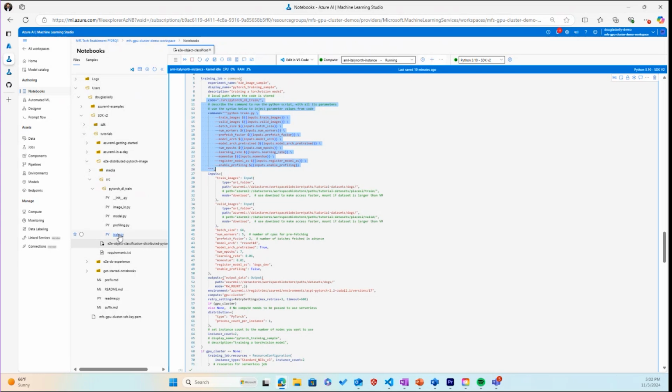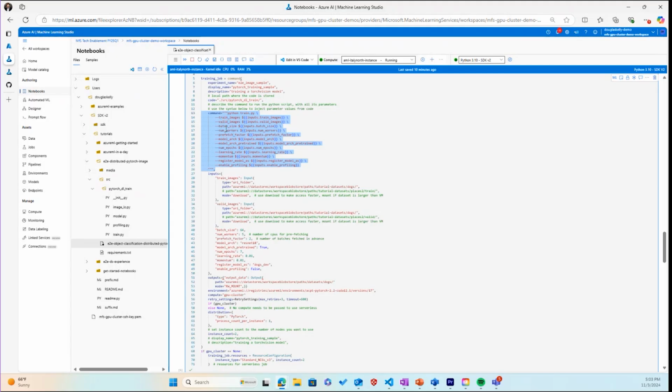So this train.py is what's getting called in this command argument on the Linux operating system of our compute cluster. And just like we would if we're running a script locally, we're specifying command line flags that allow you to change the default behavior of our scripts without modifying the code. In this case, we're pointing at paths to our training and validation data sets, as well as passing in some of our